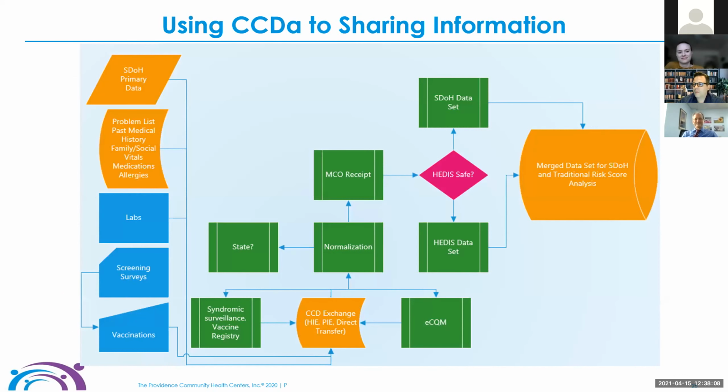This is a diagram I'm not going to go over in detail. I urge you to look at it when you need to go to sleep this evening. But what it does say is that a CCDA, which is a technical term, which you can also look up tonight, contains a lot of information, and it's part of meaningful use. So your electronic medical record, assuming you must have one by now,